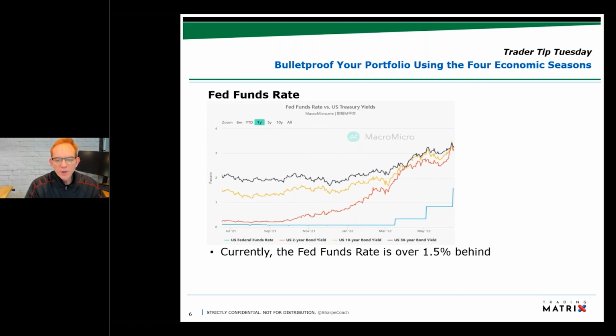So the Fed funds rate is 1.5% behind. But the way I think this will play out is as the Federal Reserve raises rates, I think the 2-year yield is going to come back to it. Because if they raise it too much, we are going to be in for a major recession. And remember how I said that the Federal Reserve is political? There's going to be pressure on the Federal Reserve to not raise rates, particularly going into an election year. So that's something you can keep an eye on.